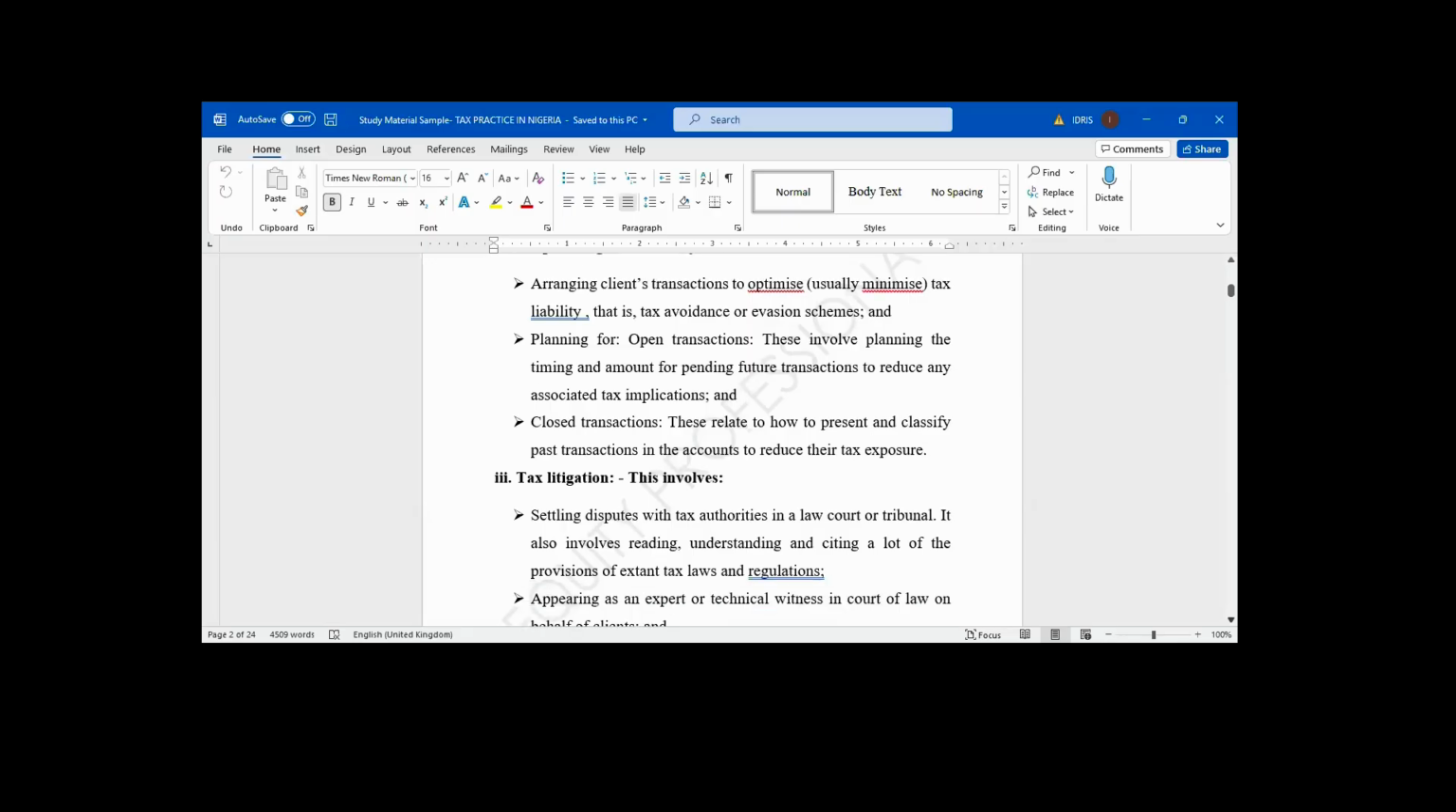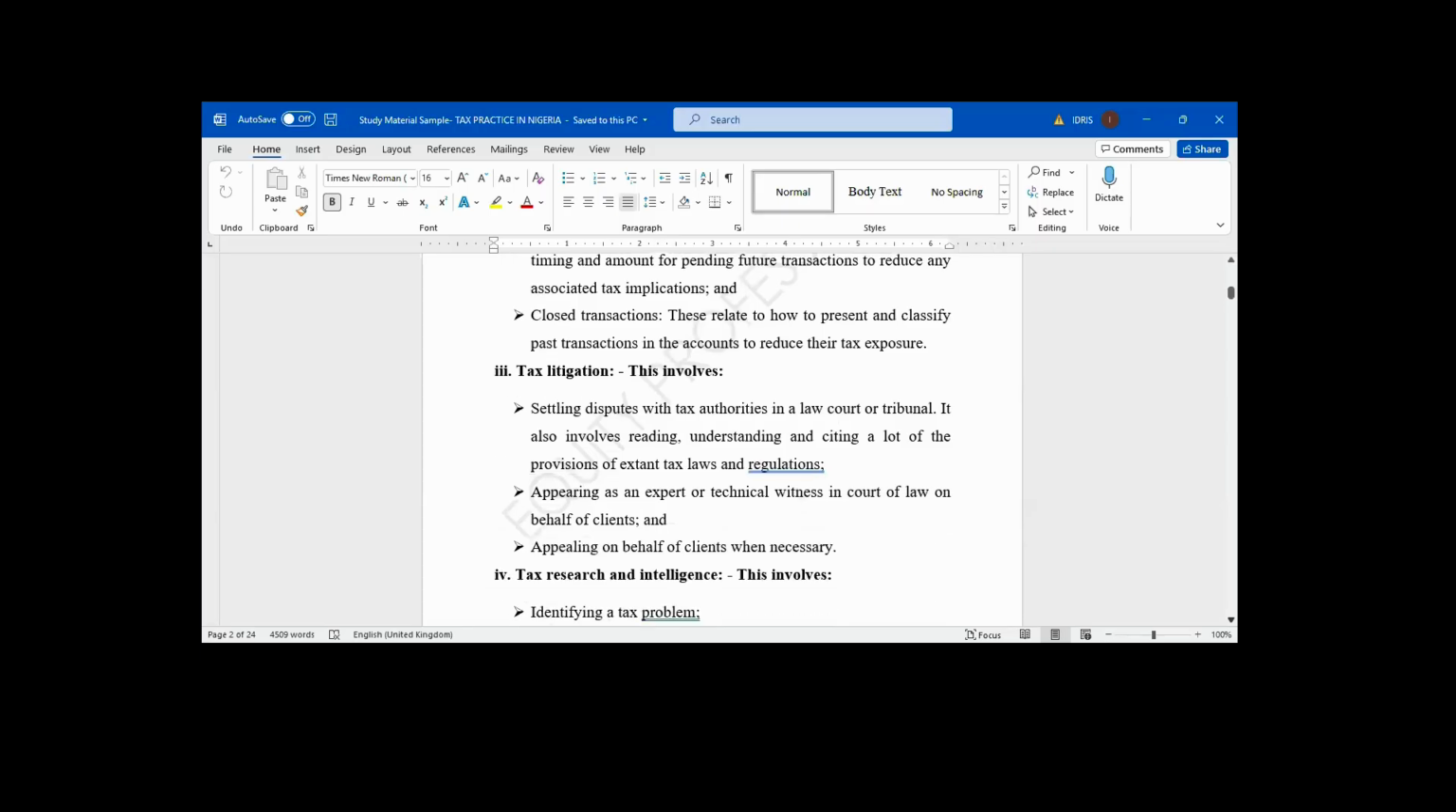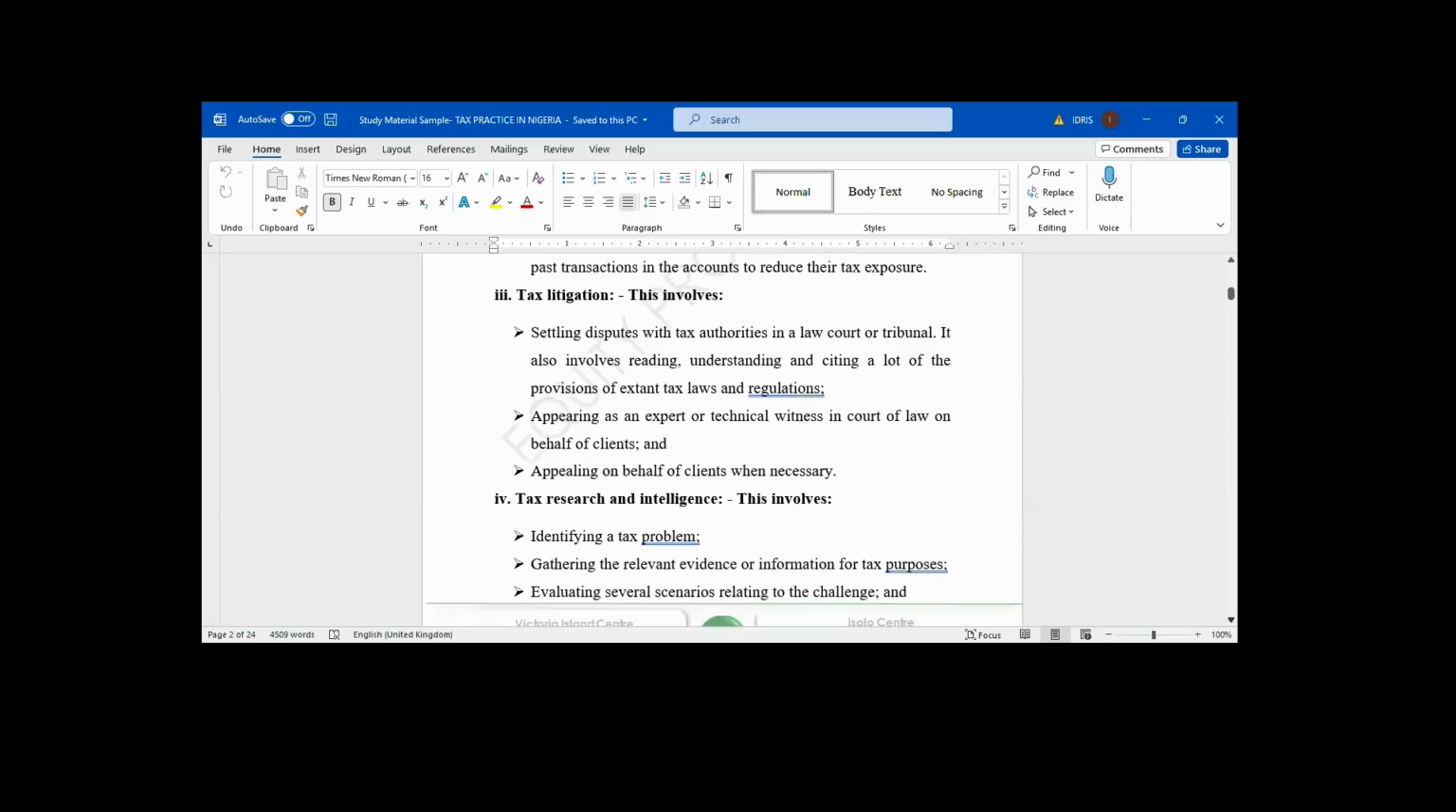The third element of tax practice is called tax litigation. What does a tax practitioner do under tax litigation? A tax practitioner helps the client to settle the tax dispute with the tax authority, either in the court of law